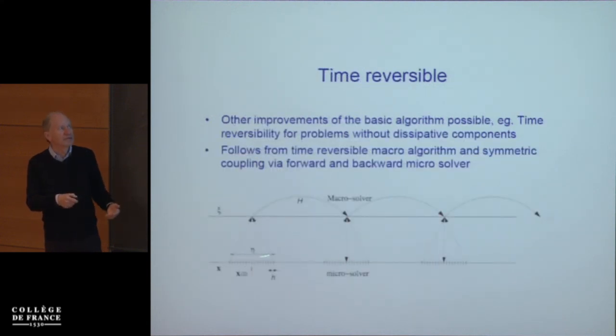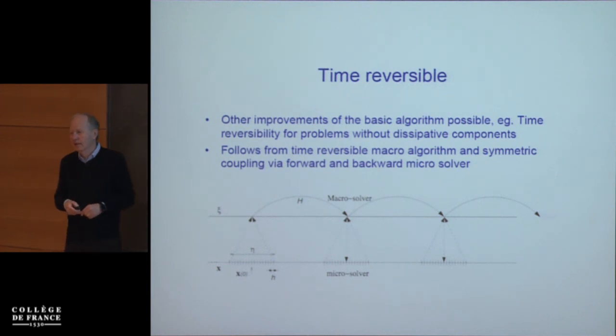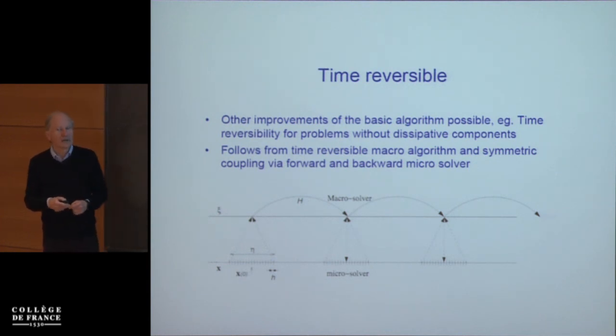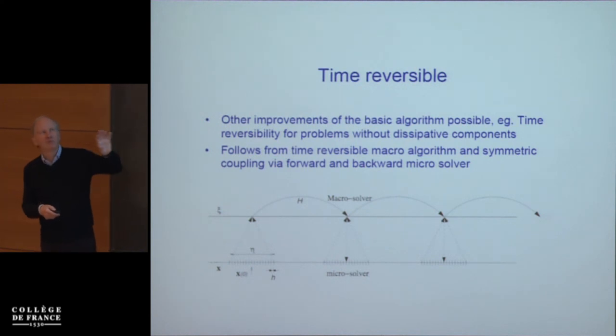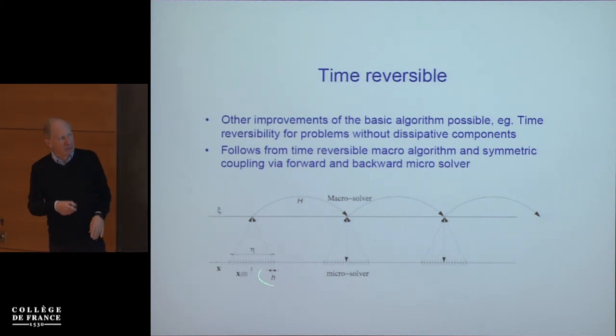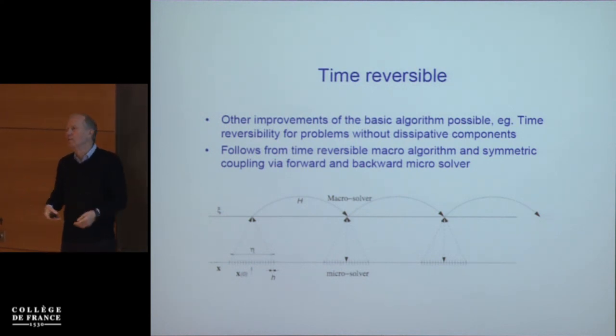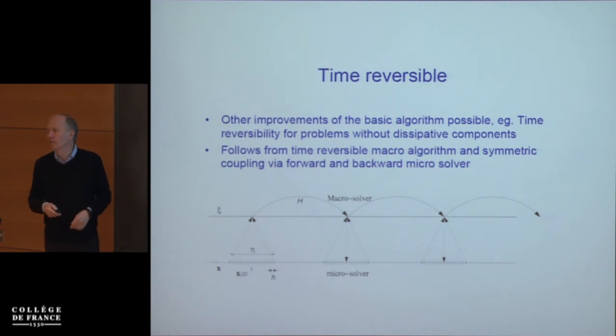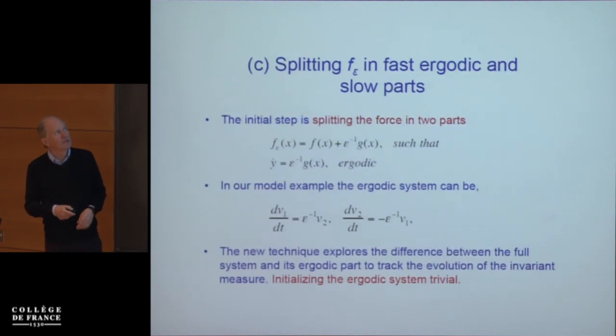You need to do certain things. You would like to use geometric integrators. If you have a time reversible equation, you will solve in both directions to get a symmetric setting, etc. So it's a lot of technical details that don't affect the overall process. But you need to do that so that you get an overall symplectic algorithm instead of something that dissipates. The third way of doing this is